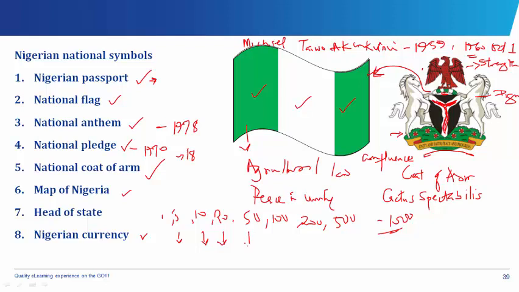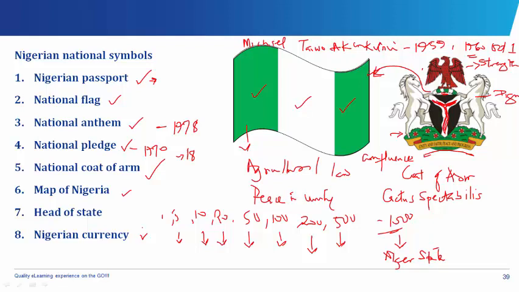Okay. Then on 50 naira, we have a pictorial representation of the 3 major ethnic groups in the country. On our 100 naira notes, we have Chief Obafemi Awolowo. Then on our 200 naira notes, we have Sir Ahmadu Bello. We have his picture there. Then on 500 naira notes, we have Dr. Nnamdi Azikiwe's picture. Then on 1000 naira notes, we have the Zuma Rock, which is found where? Don't forget, it's found in Niger State, Zuma Rock. That's what we have on 1000 naira.